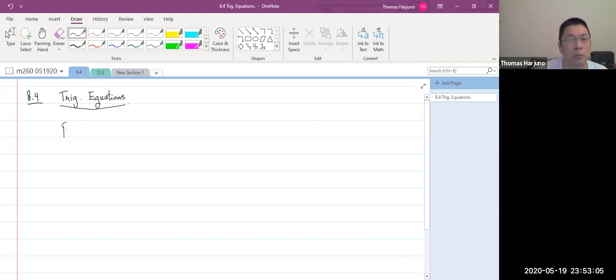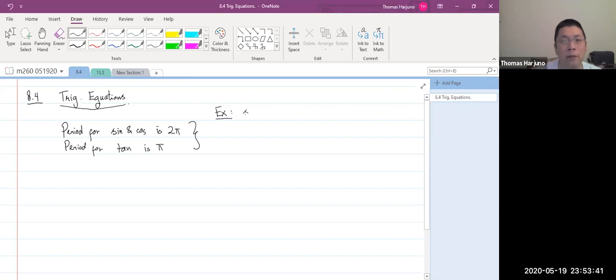The period for sine and cosine, and consequently for cosecant and secant, is 2 pi, while the period for tangent and therefore cotangent is pi. Now, why do I want to say that? Because, for example,